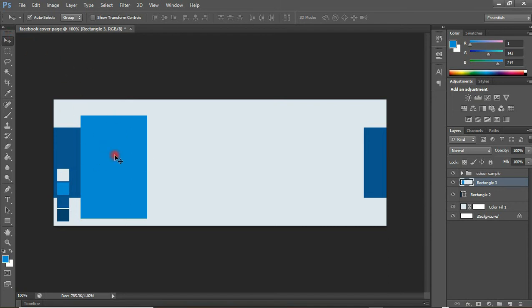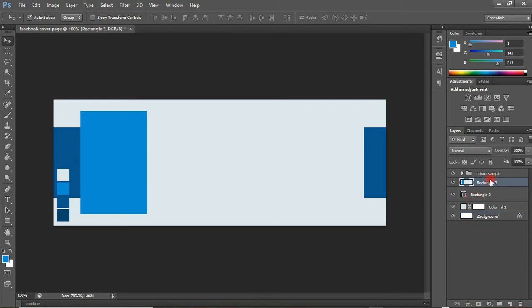So I'm going to place this at the center as well. So I'm going to select this shape and select the background layer and I'll do the same thing that I did for the other, and there you go. That is it. So I'm going to add a drop shadow to these shapes,